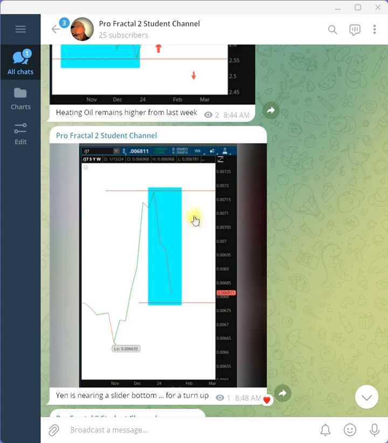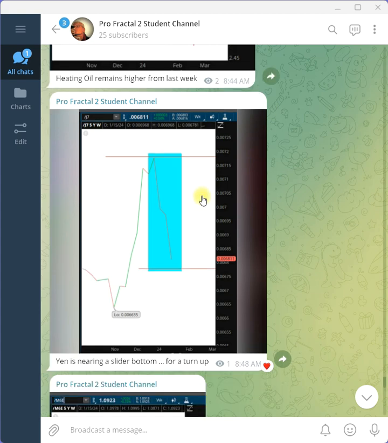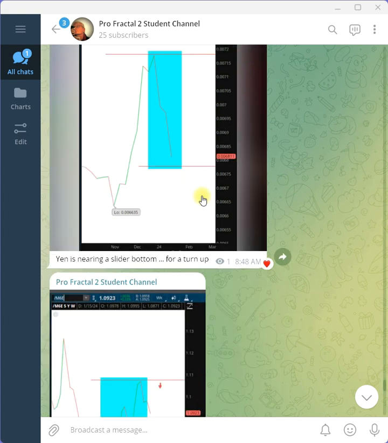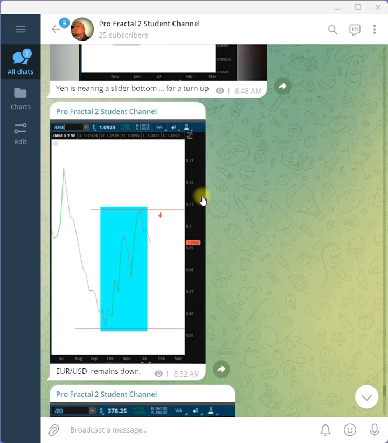It appears to begin a rally here or a turn up. Now, if we look at Euro USD, we have a typical decaying fractal top here. It turned down. I don't see it going up to